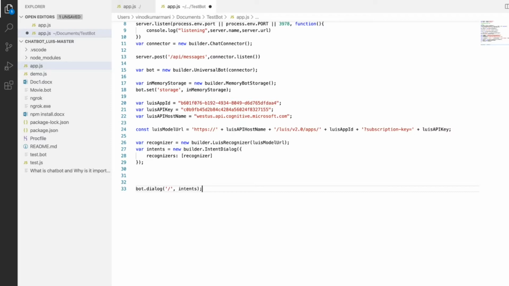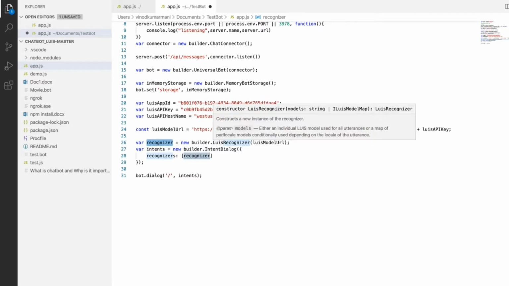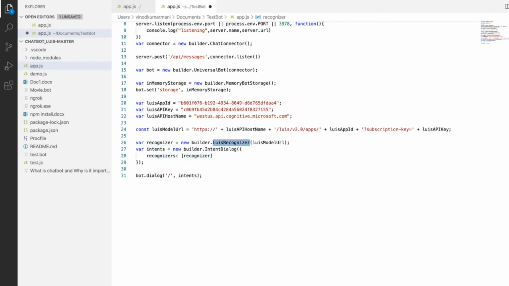So you could find the bot.dialog and a backslash, and after that you can find the intent. This is the syntax you could initiate your bot dialog with. And in the previous line you can also find the recognizer variable as well as the intents. The recognizer variable is nothing but your LUIS recognizer functionality to call your URL, so the LUIS model URL.